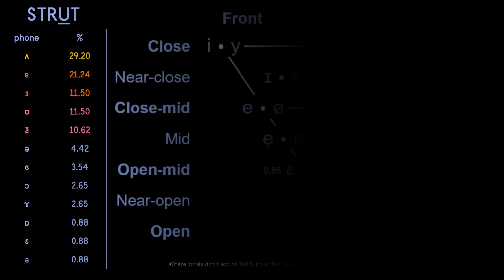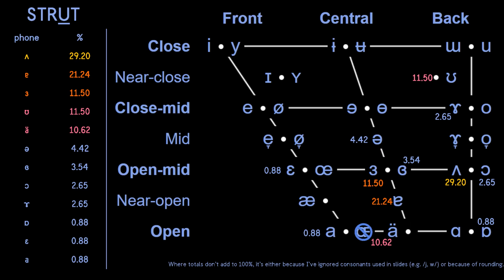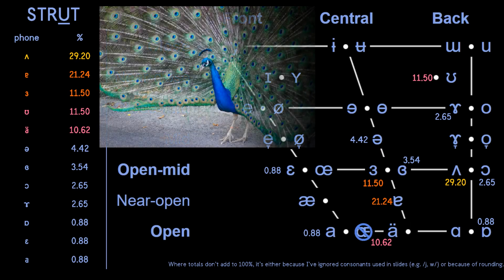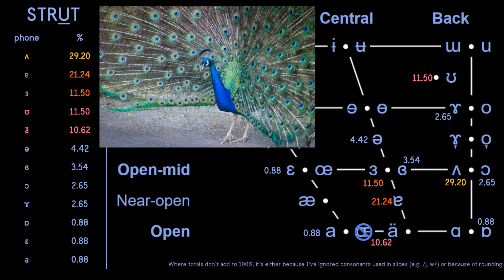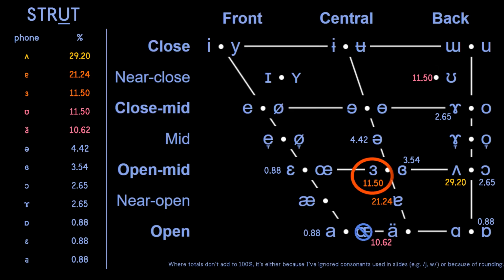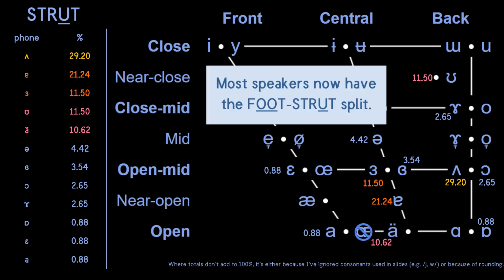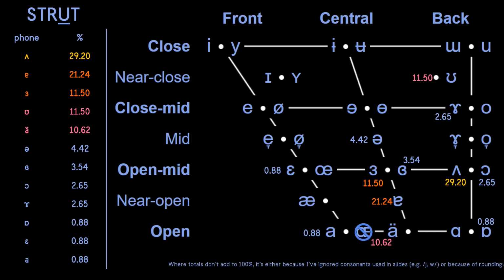Now for the vowel for which we've received the most adamant feedback, the strut vowel. Please note that I placed the unrounded open mid central third, but put the near close back vowels result in pink because the latter represents speakers who have not split this vowel from the foot vowel. That is, they say foot and strut. As they don't need this set anyway, we may as well exclude them from our analysis.